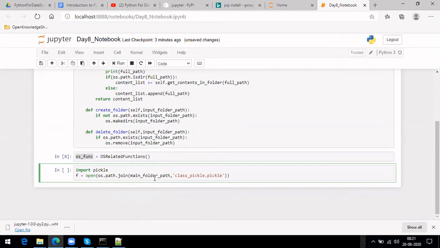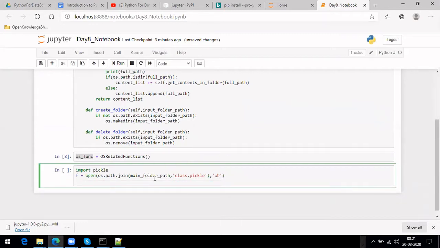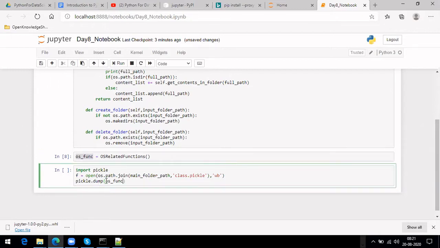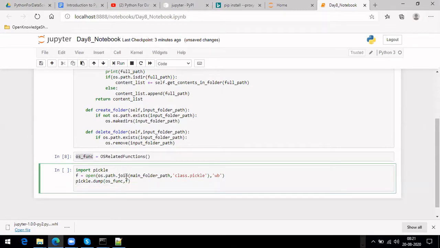We can give any extension, but I'm giving this one to identify that it is a pickle file. Then you open it in write mode, and the next part is pickle.dump. I am trying to dump this class into f, and then f.close.